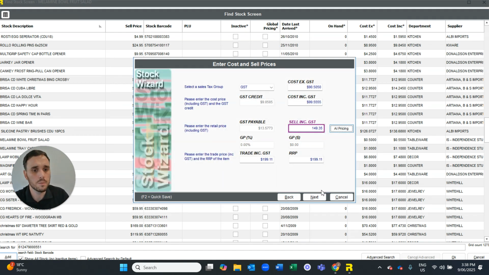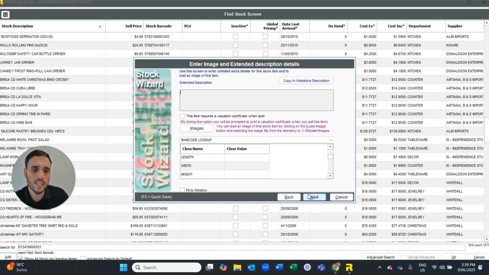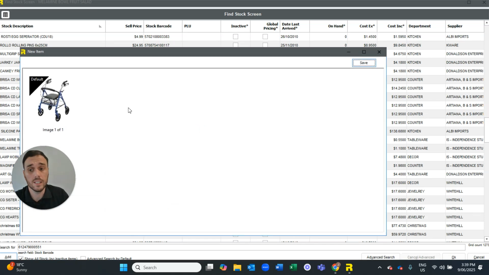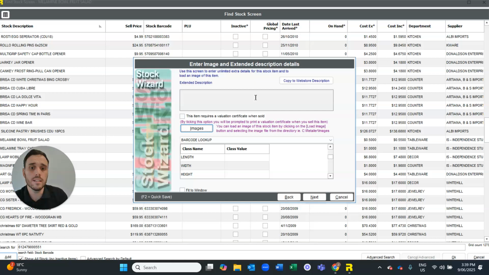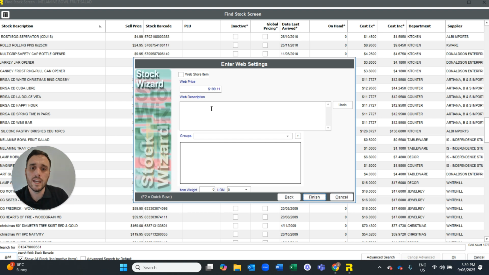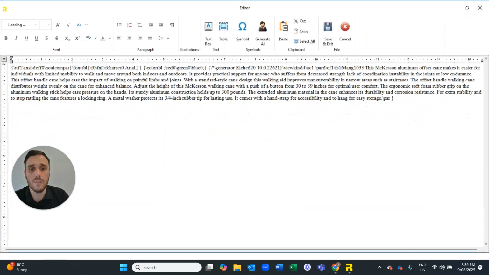So I can just click the standard pricing and that will adjust accordingly. I click on next. If I click on images, it's automatically pulled the images from that online database. It's grabbed additional info like manufacturer and a couple of other things as well. If I click on next, it brings me to my web settings, and this is where our other AI tool